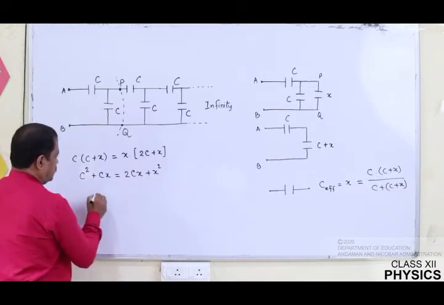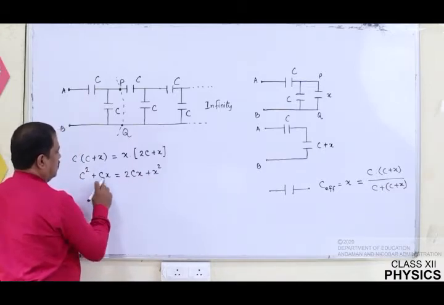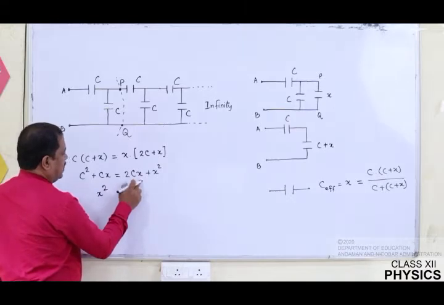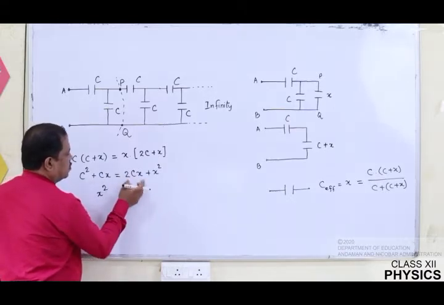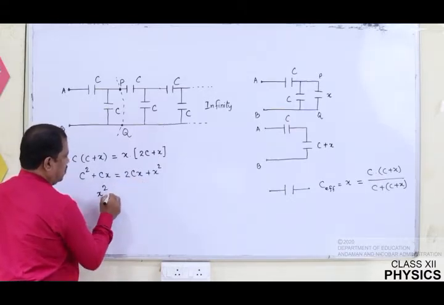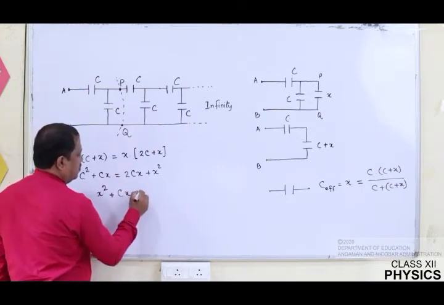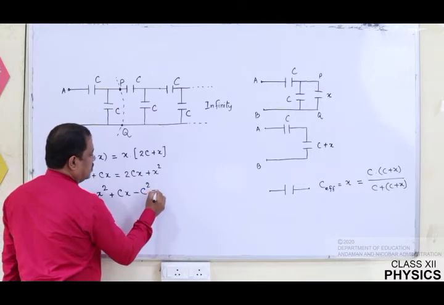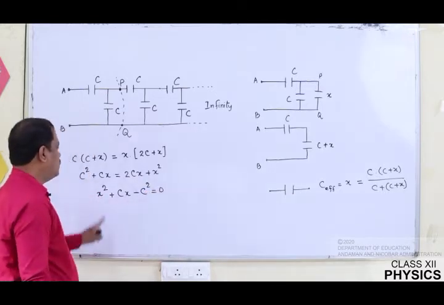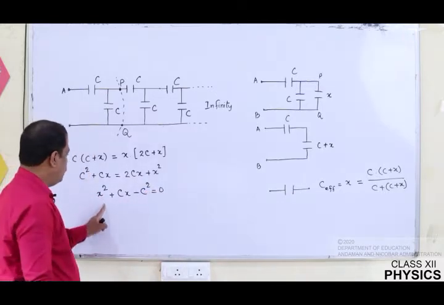Otherwise X square, if I take this one this side, this will be minus Cx. So 2Cx minus Cx will be plus Cx, and if I take this one the other side, minus C square is equal to 0. So this is a quadratic equation I need to solve for X. When I try to solve it,